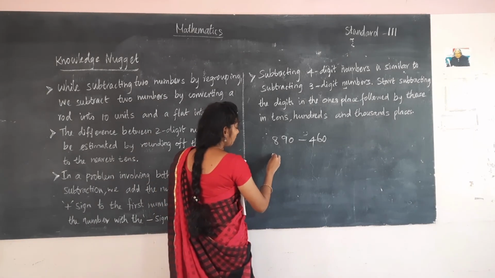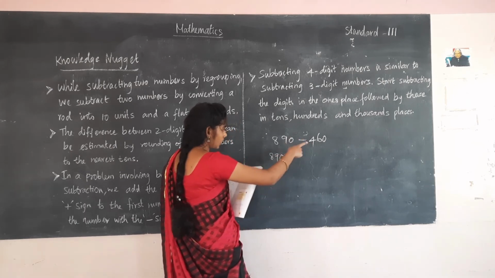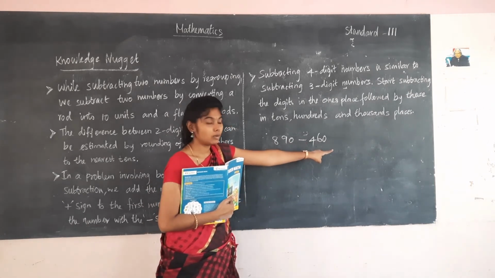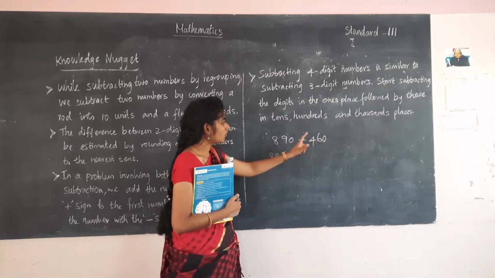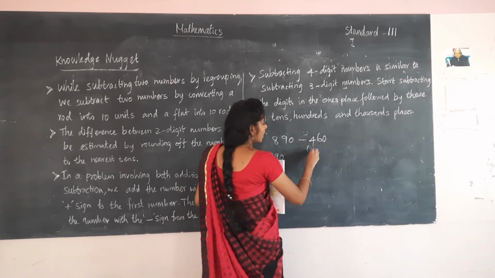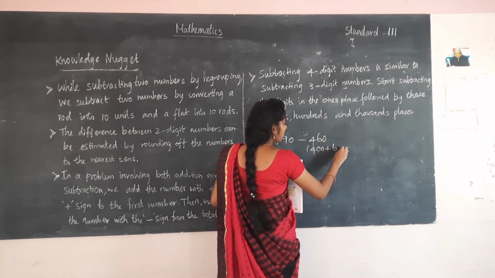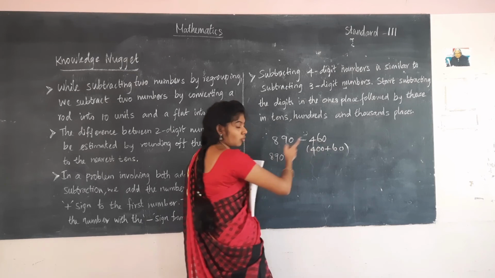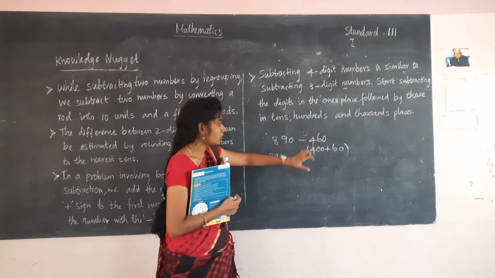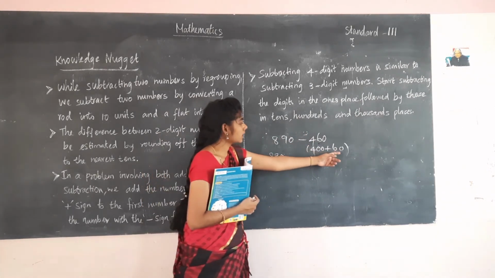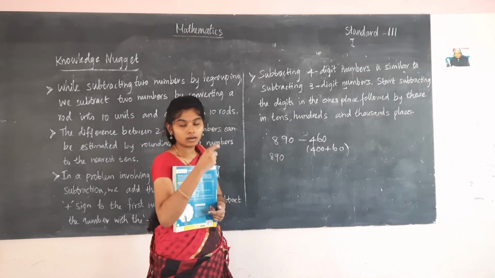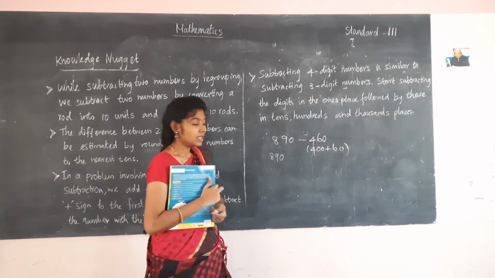So now take the number 890. From this number 890, you have to subtract the number 460, right? To find the answer, first we have to split the number. The second number can be split. How can you split the second number? As 400 plus 60. Right, 400 plus 60 is 460. So this is the same thing as this. So we can split this number like this. First we can subtract the 400 from this number, and then we can subtract the number 60 from this. So you will easily get the answer by writing the places and then subtracting from ones, then tens and hundreds. This will be so easy.